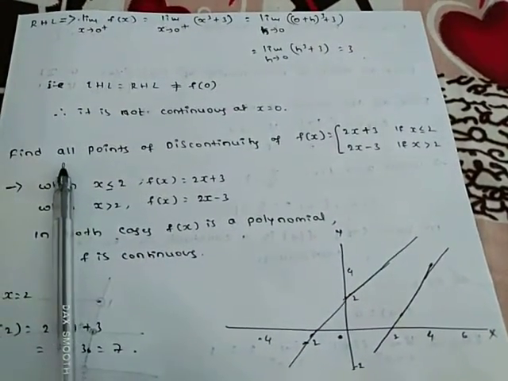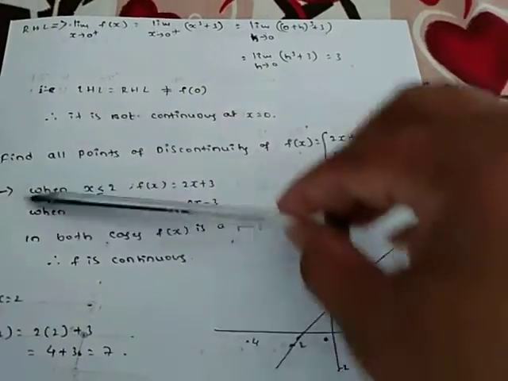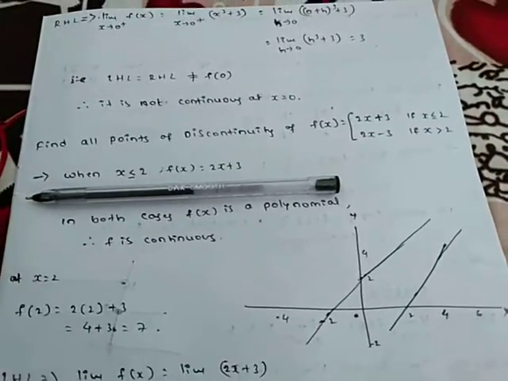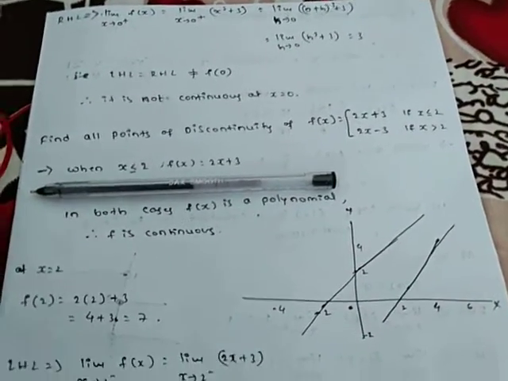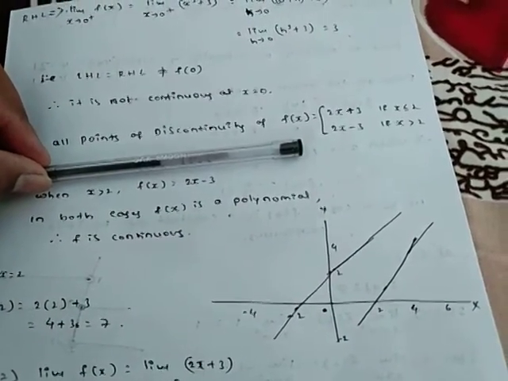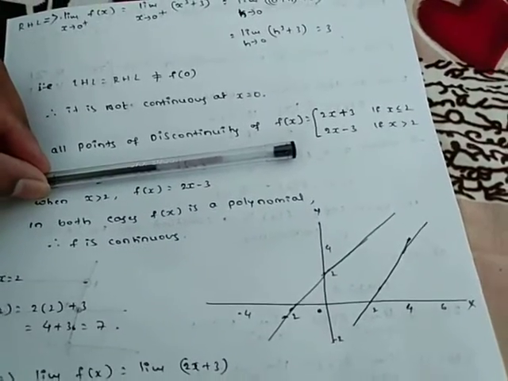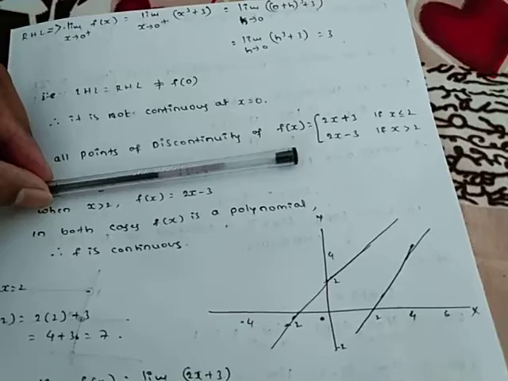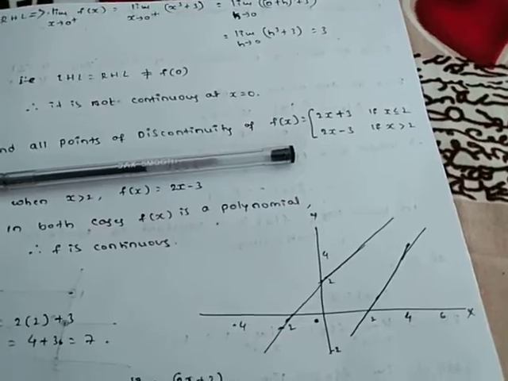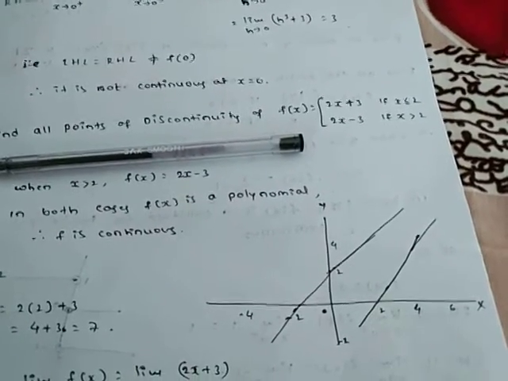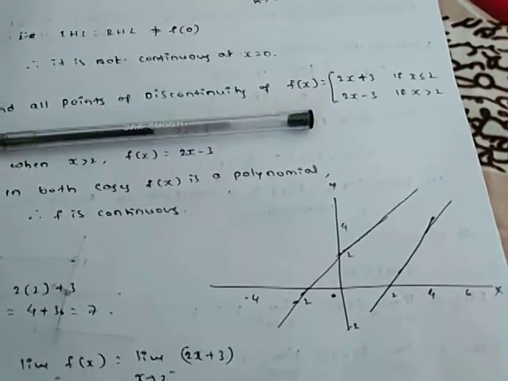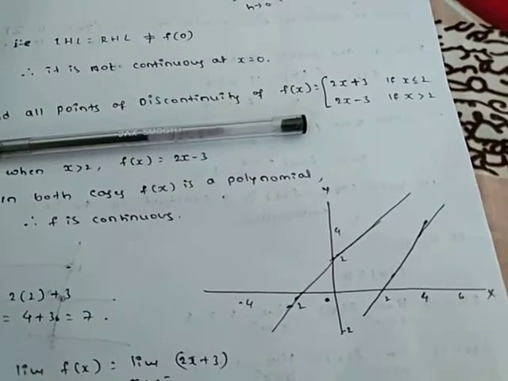They have mentioned that we need to find the discontinuity of f of x. So observe here. Suppose you pick any domain which is less than or equal to 2, the function is continuous, isn't it? Suppose you pick any domain which is greater than 2, the function is also continuous. In which case is the function going to be discontinuous? Suppose at the particular point 2, if you check the continuity and it is continuous at 2, we can say that f is continuous. There will be no points of discontinuity.